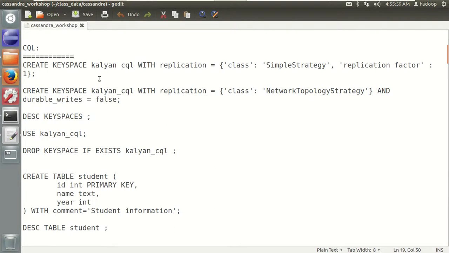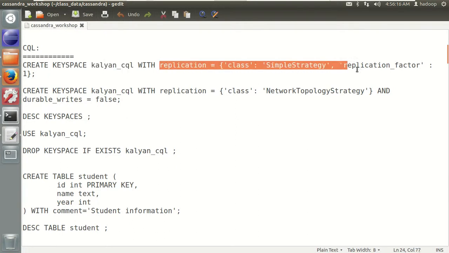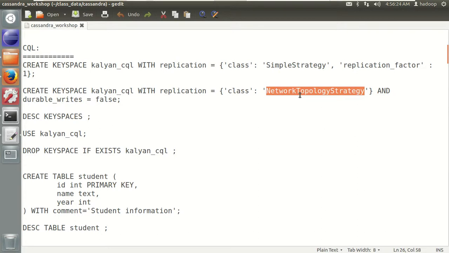There are strategies when you are creating a database inside Cassandra. Generally, in place of database we use the keyword keyspace in Cassandra. It has almost the same meaning. I am trying to create a keyspace, whichever keyspace name you want to provide, with some information related to this keyspace only. Here I can follow the simple strategy or the network topology strategy, anything is fine.